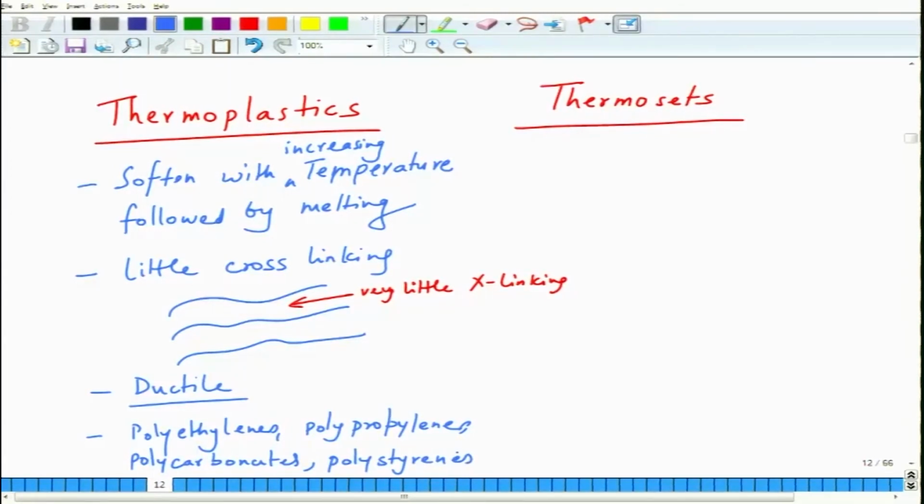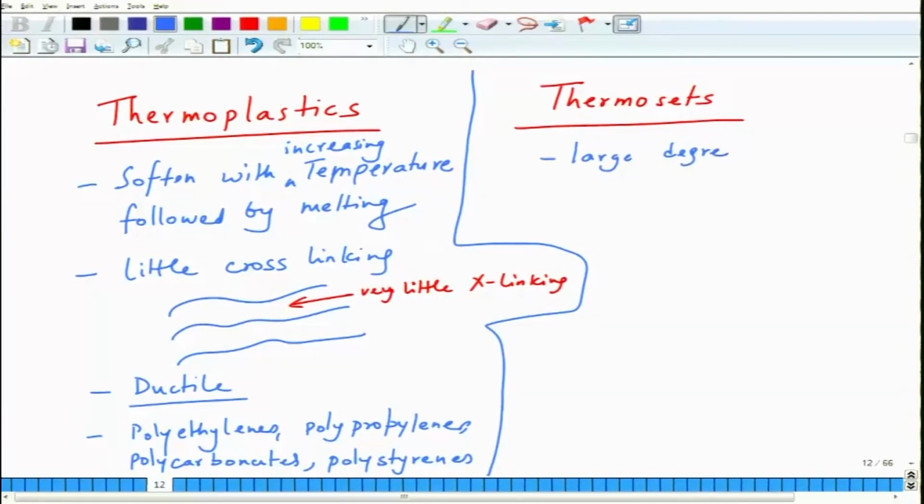You will see typically the name is poly, right. So, it's like many ethylene molecules, many propylene molecules, many carbonates, many styrenes put together. Okay. So, this is the category which is called the thermoplastics. Thermosets on the other hand, they have a behavior, they have very large cross linking,